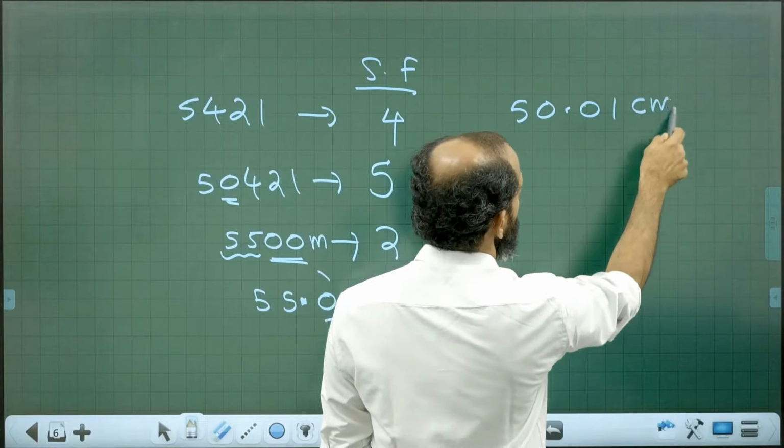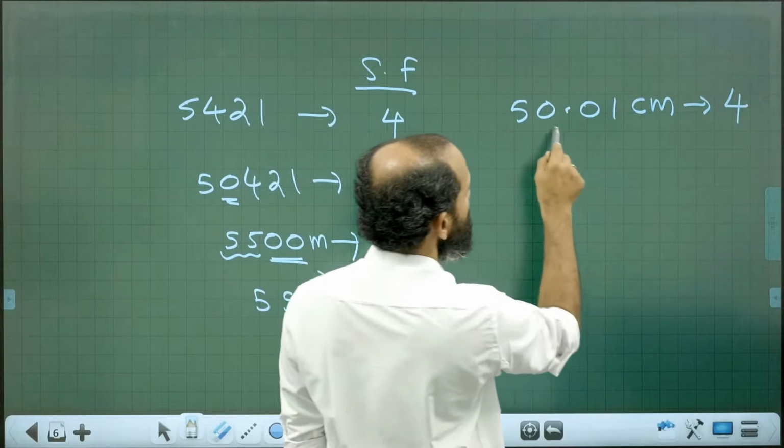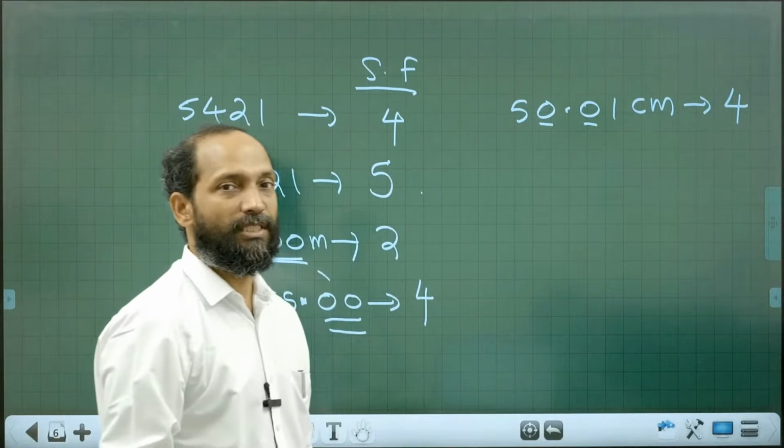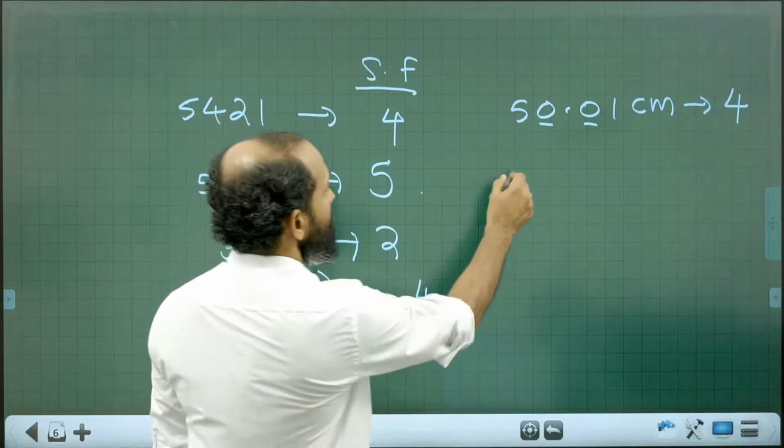50.01 centimeter has how many significant figures? 1, 2, 3, 4. All these, including the 2 zeros, are significant. Zeros coming in between non-zero digits are significant. Now